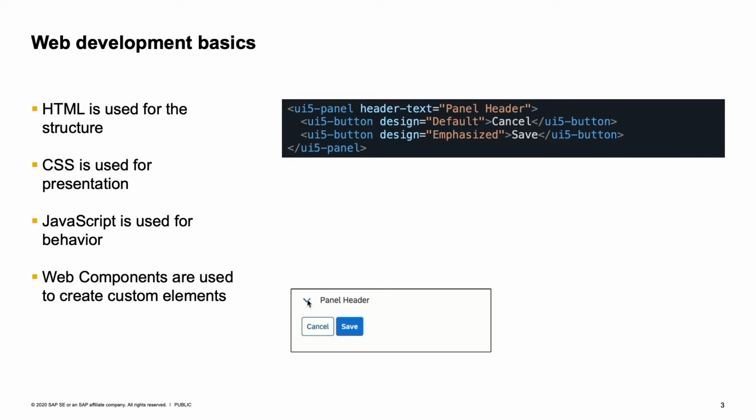In the snippet that we see here, we use two new web components called UI5 panel and UI5 button. And we don't have to declare any classes. We just add attributes to style or to define the look and feel of the component. And then we arrange them. And it has a similar UI as you've seen before in the CSS. But additionally, there is logic associated.